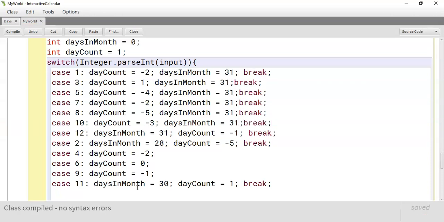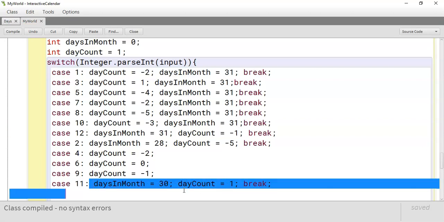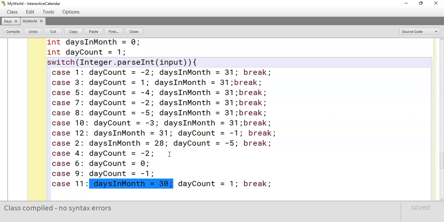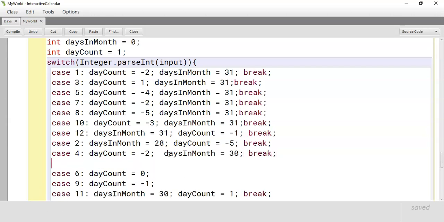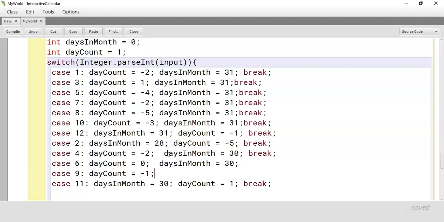So, days in month and break need to be added in here as well. So add in break,